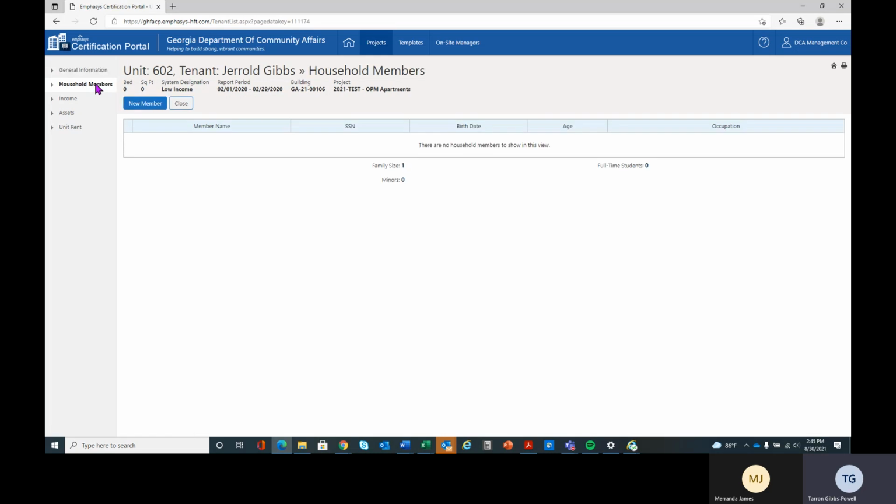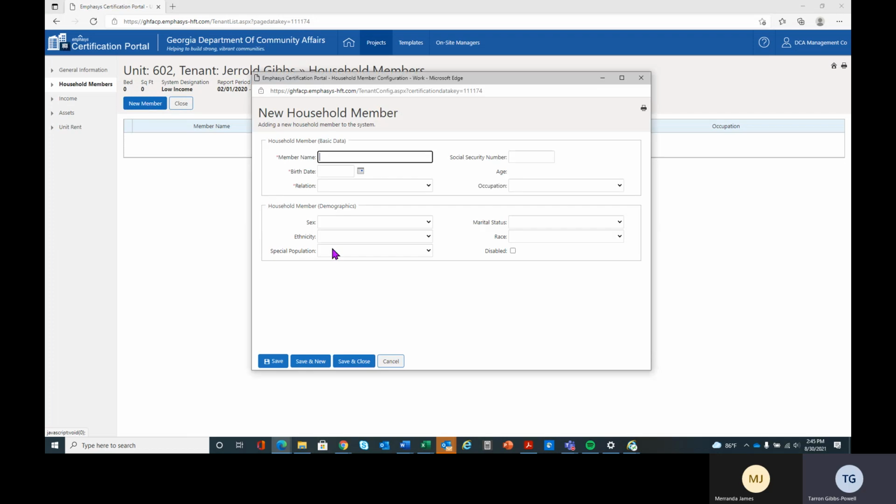So you will see household members, and then you would choose new member button here. It's going to give you the new household member screen. This is where first it's going to ask you to input the head of house, the spouse or whomever you want to input first for this particular household. So I'm actually going to input the spouse name and then her social security number,